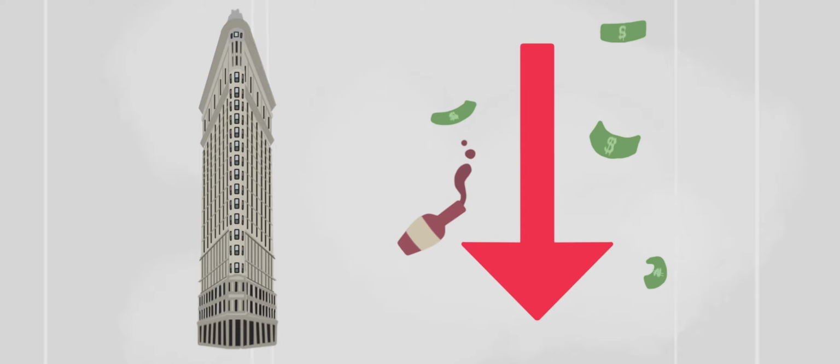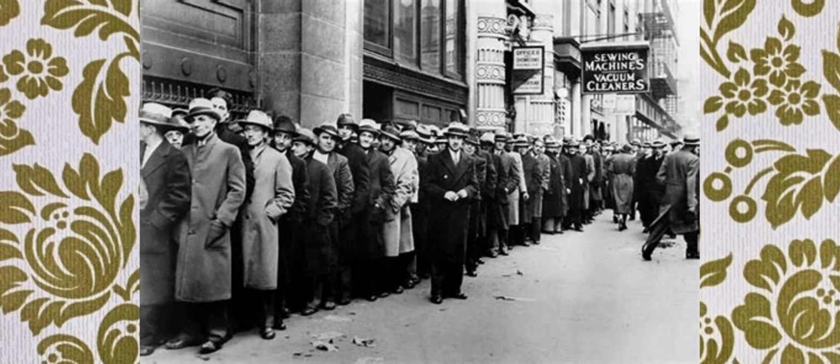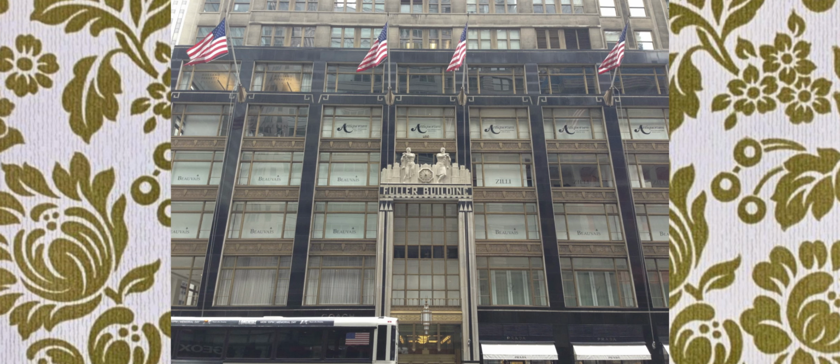Unfortunately, throughout most of the 20th century, the area around the Flatiron decreased in popularity, and although this new structure brought wonder and excitement for the surrounding population, the Prohibition era as well as the Great Depression in the 1920s saw businesses move out of this part of the city and move further north. The pubs and restaurants in the basement suffered, and the Fuller Company itself left in 1929, moving to their new